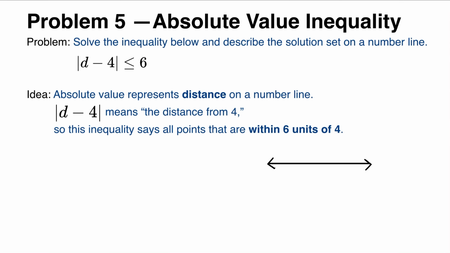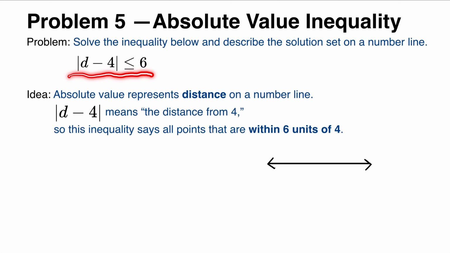Hello and welcome back. In the last problem, our absolute value equation had no solutions. Now we'll look at an inequality, which usually gives us a whole range of solutions. As you can see here, the problem says the absolute value of d minus 4 is less than or equal